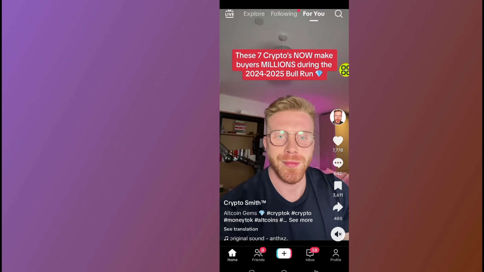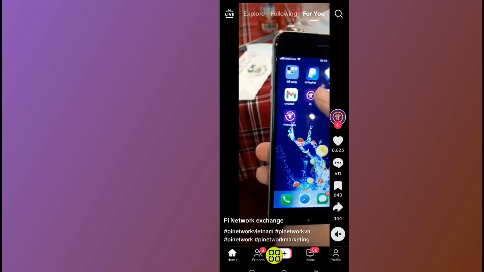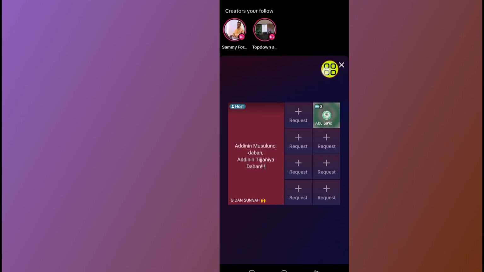First of all, after you open up your TikTok, all you have to do now is tap on this menu. As you can see now, tap on this home button. It will give you an option like this. Here is the live option on my TikTok, as you can see. So now, if I want to join this live, which is live on my TikTok,